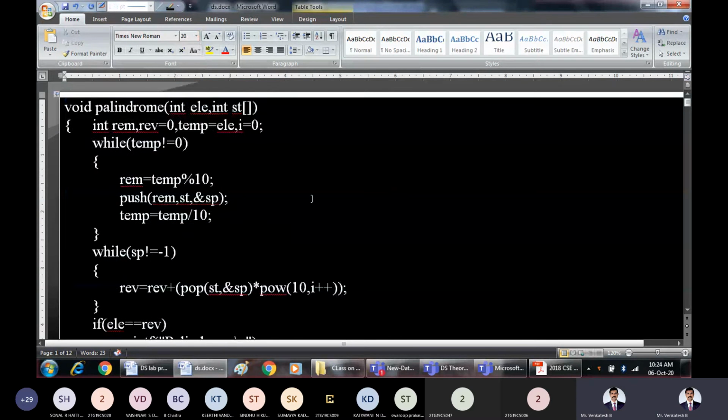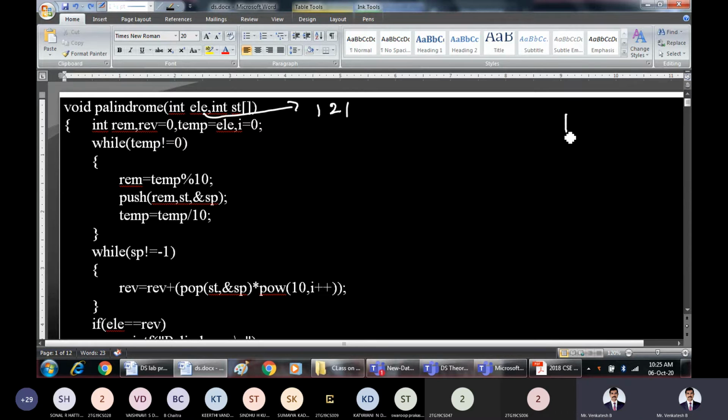All right. So we are checking whether we have a palindrome number or not. What is the element that we have in our case? The element given to us is 121. We should be able to check whether it is a palindrome or not. By looking at this, we say it is a palindrome, but in the programming part, we should be able to verify it by using the program.